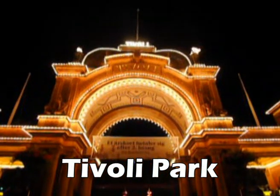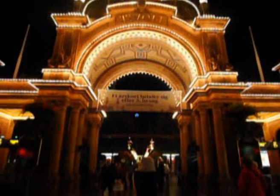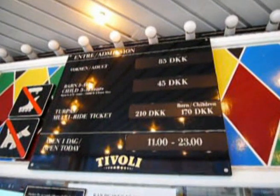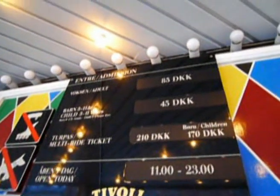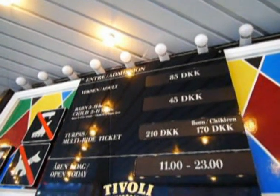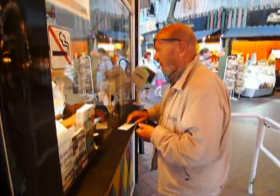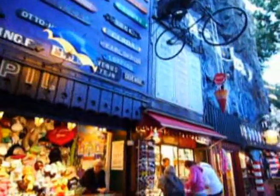The Tivoli, one of the oldest amusement parks in the world, and still running. Entrance into the Tivoli is not cheap at all. It's 85 kroners, which is about, I think, 60 ringgit, just to walk around and have a look at the garden. Okay, as expensive and as weird as it might sound, this place actually, I think, is quite charming,